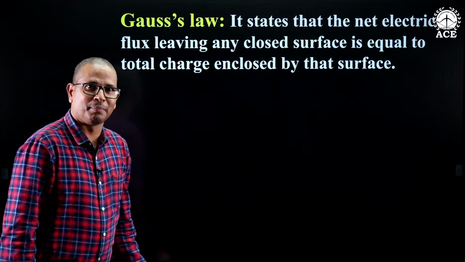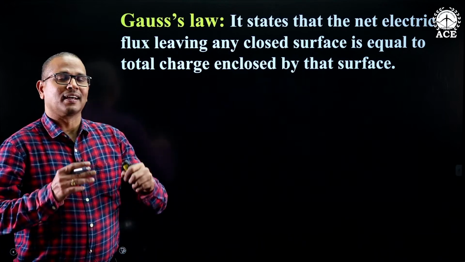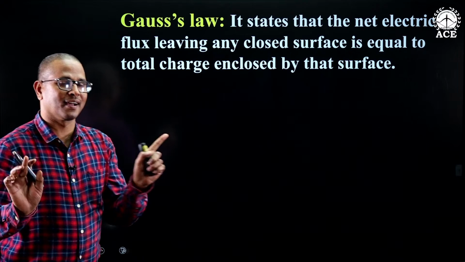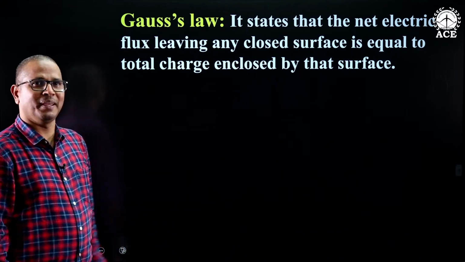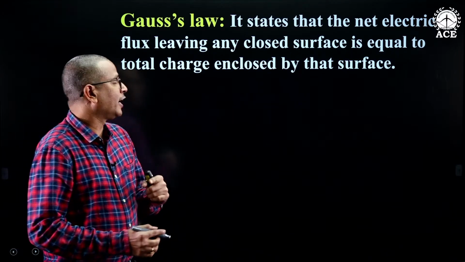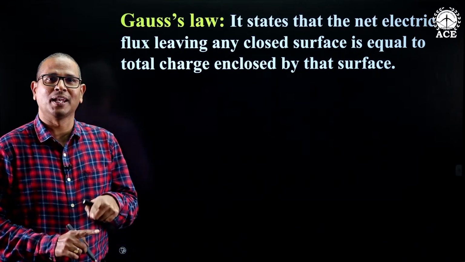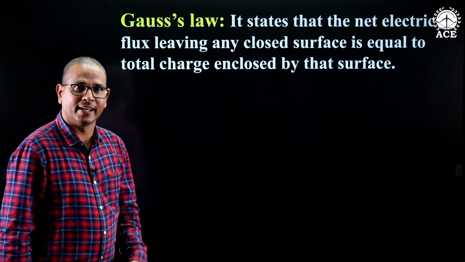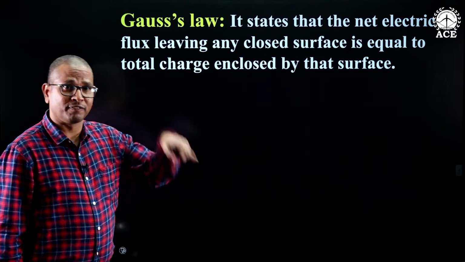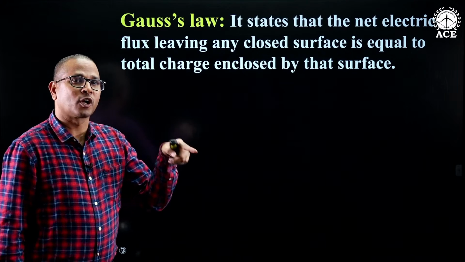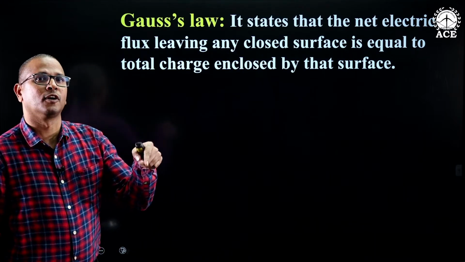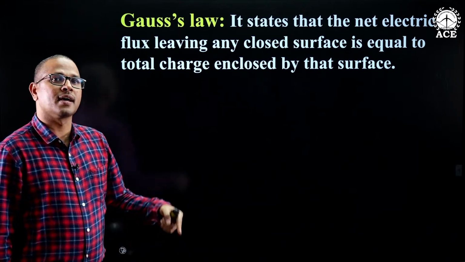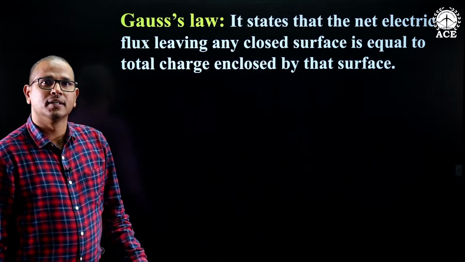Who stated Gauss Law basically, dear students? Gauss Law was stated by Michael Faraday, not by Gauss. But why have they given the name? Michael Faraday was very poor in mathematics. He took the help of one of the great mathematicians in the world, Carl Friedrich Gauss, hence his name. He put a lot of effort into the concepts and experimental results given by Michael Faraday, who worked as director of Royal Society of London. He started his